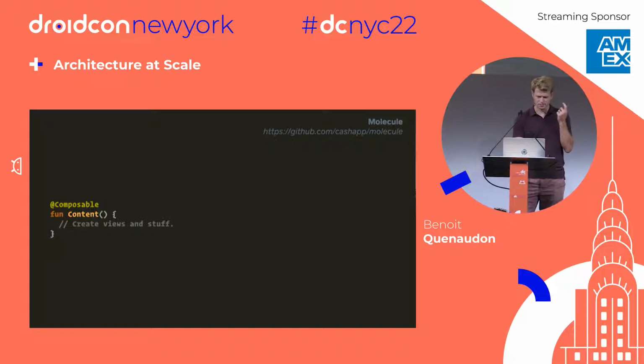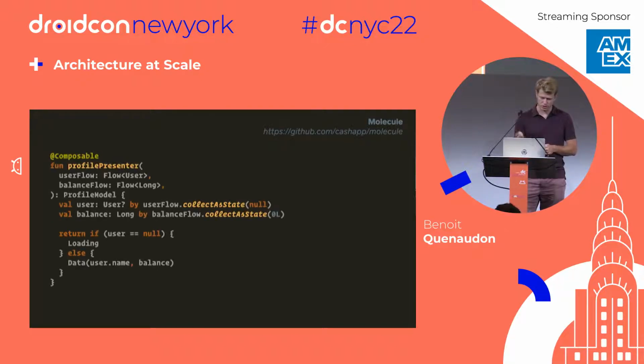And so, what if we could do something like this? We have the presenter, which takes two flows and returns the model. We listen to the flows, get the state flow out of it, and then we can just write imperative code, the simplest you can get. There is no nesting, not really any confusion around what should go first. And because it's composable, you can still reuse all the tools that we have to manage state in between composition.